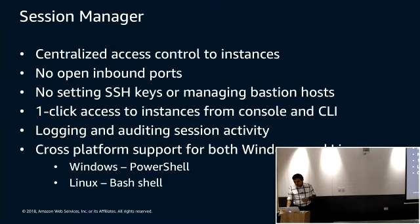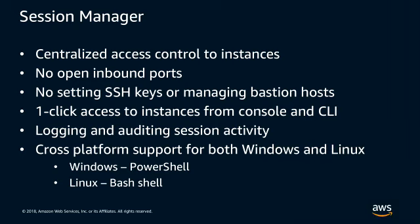So let's first start with sessions. I have a slide explaining what each of them is, but I will quickly go over before we actually jump into the demo. So Session Manager provides centralized access to resources. It's basically like you open a browser and you get a console. There's no SSH or anything to manage, no inbound ports to manage. You don't even have to enter a password, right? You just open Session Manager to a Windows system and you can start typing. And you can also set your preference to say log, audit everything that the user does on the console, and they can either go to a storage bucket or